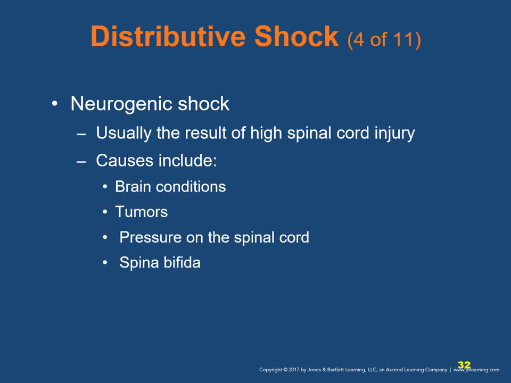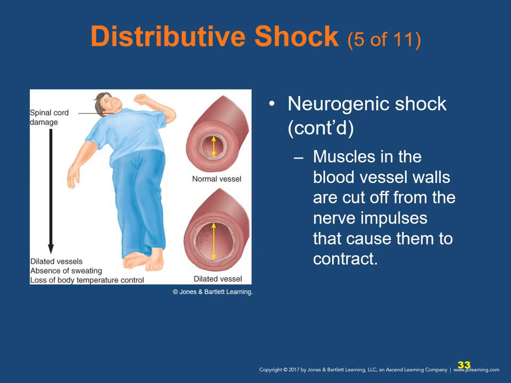Neurogenic shock is usually the result of high spinal cord injury. Causes include brain conditions, tumors, pressure on the spinal cord, and spina bifida. In neurogenic shock, the muscles in the walls of the blood vessels are cut off from the sympathetic nervous system and nerve impulses that cause them to contract. All vessels below the level of the spinal injury dilate widely, increasing the size and capacity of the vascular system